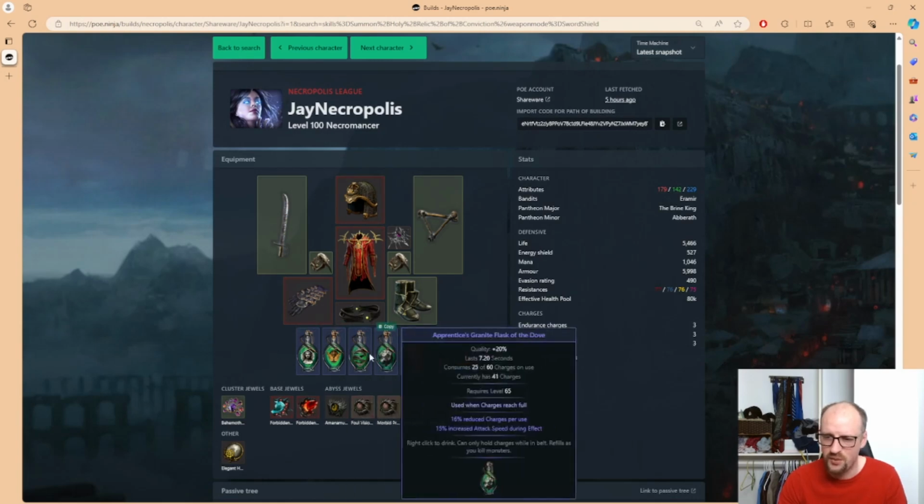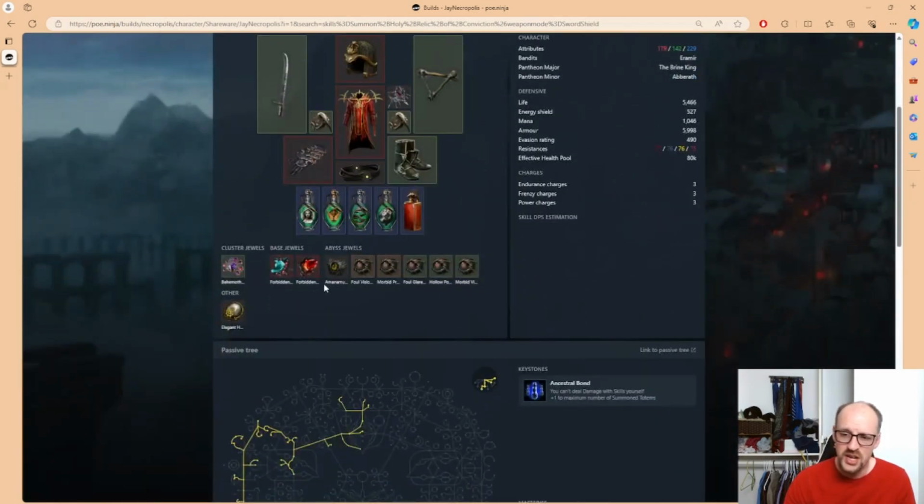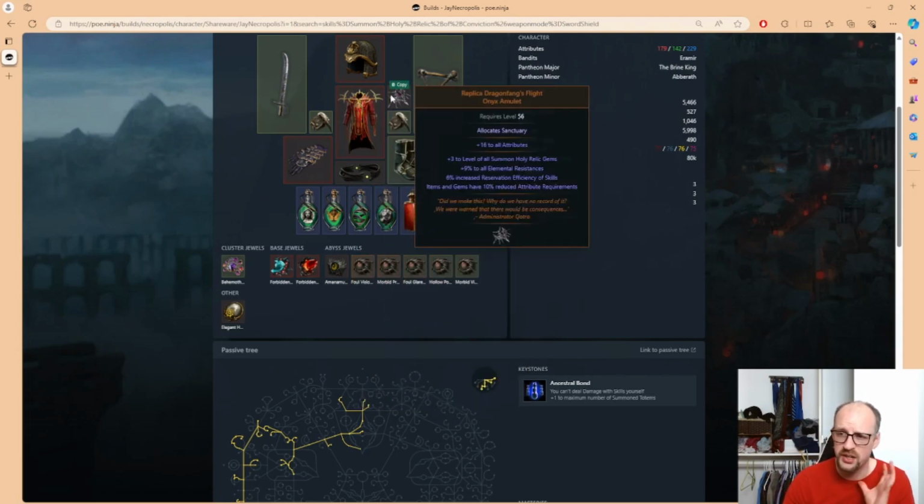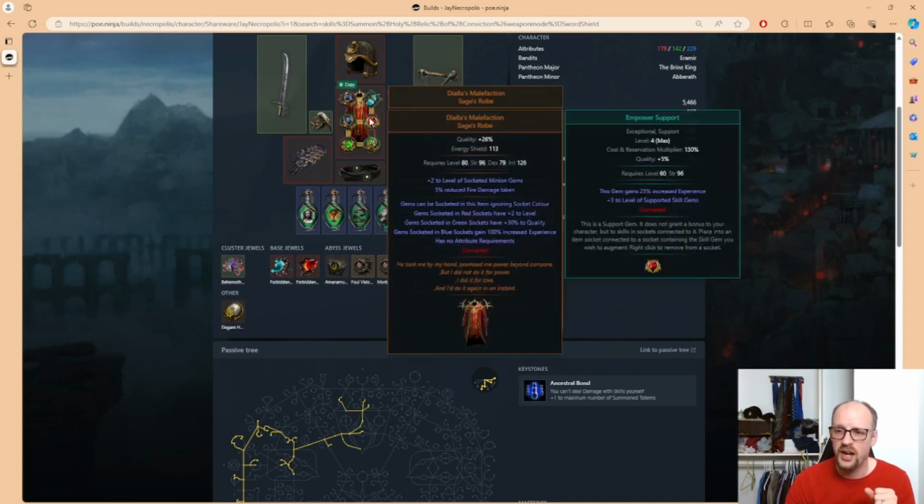But Jay has absolutely got this thing down. He's not wasting a spot with Roomies. He's using an Amanu's Gaze, which is a several divine item. At the moment, he's using a replica Dragon's Fang with +3 to the level of all Summon Holy Relic gems. That's also a multi-divine item. A 6-link Dialas that's got these particular...